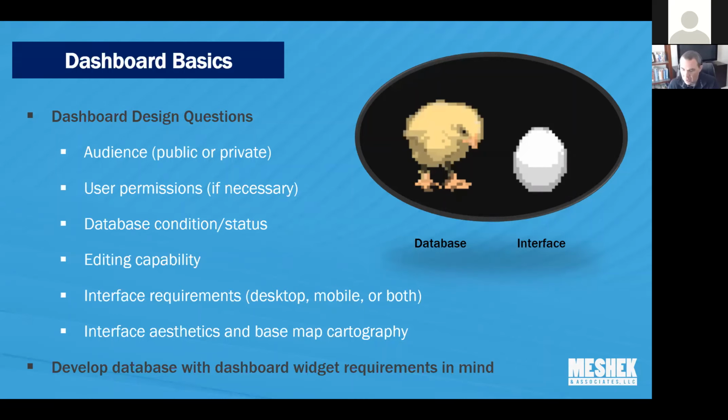Also, interface requirements, desktop, mobile. The good thing about ESRI's Experience Builder is it allows you to do a little bit of both. You can develop something